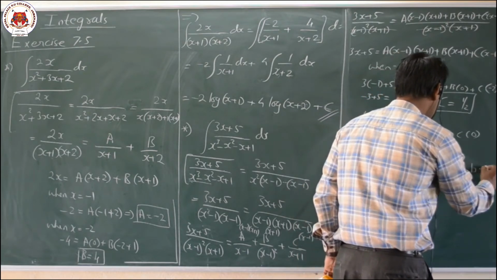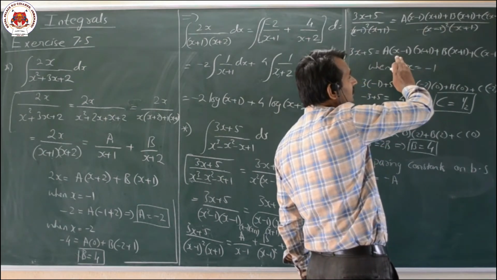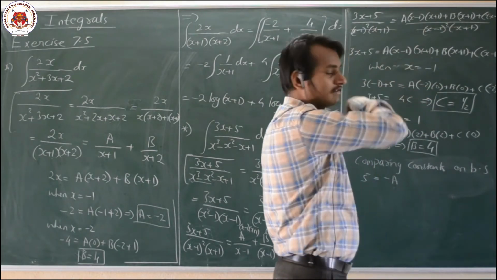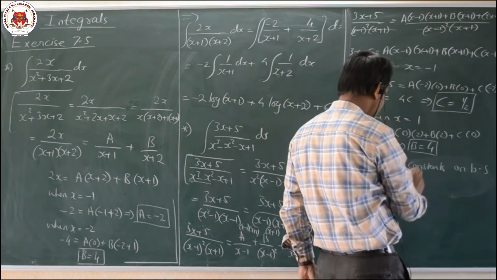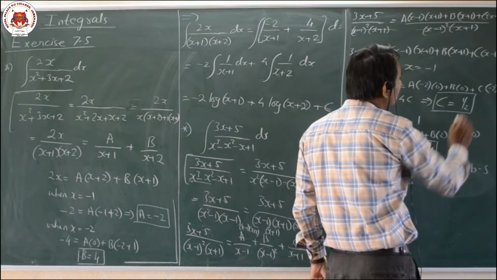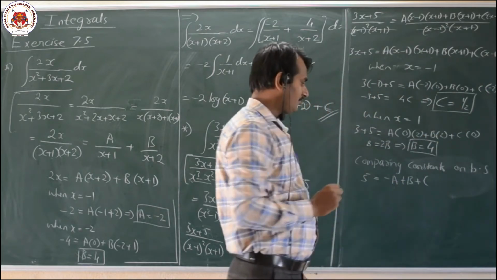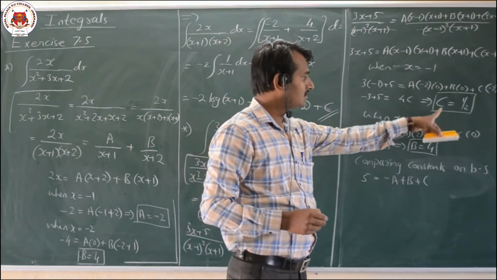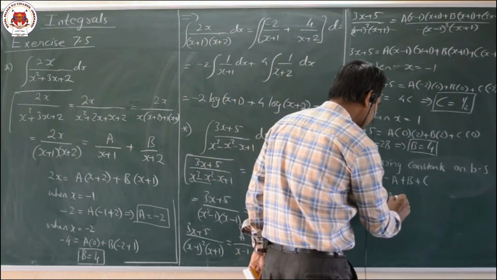So that means we have to multiply first, and afterwards we get ax square, then plus 2x, that type we will get here. That means minus a we get here, plus b, and here also plus c I am having. So I am having this equation, but here I know the value for b as well as c, that I will substitute. That is 5 equals minus a plus b.